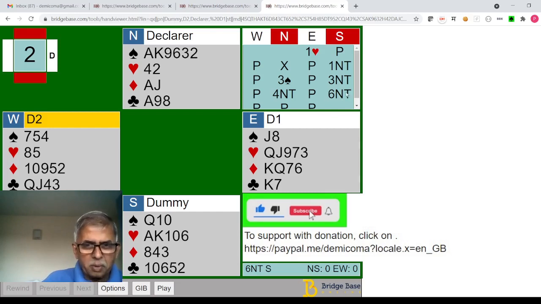South could as well have bid 6 spades, but of course we didn't want East to be on lead. This 6 notrump bid can be sold. Maybe it is a match point competition. Maybe South just likes to hog the contract, whatever. 6 notrump is a possible bid, a reasonable bid. May not be to everyone's taste.